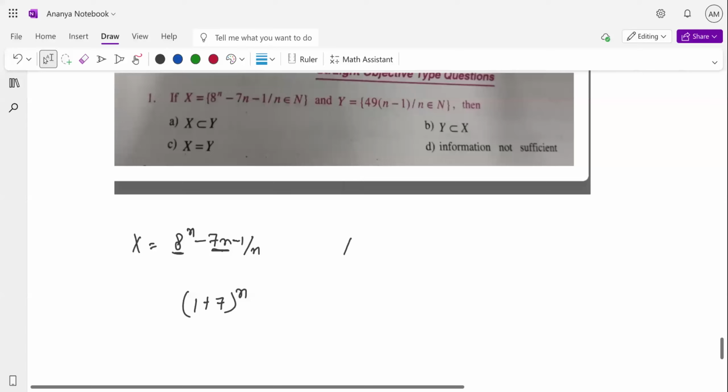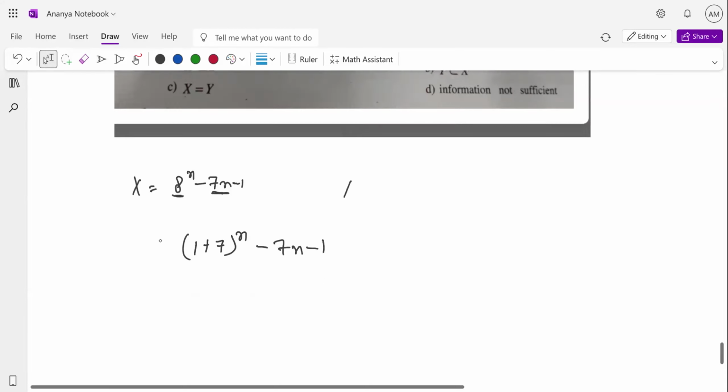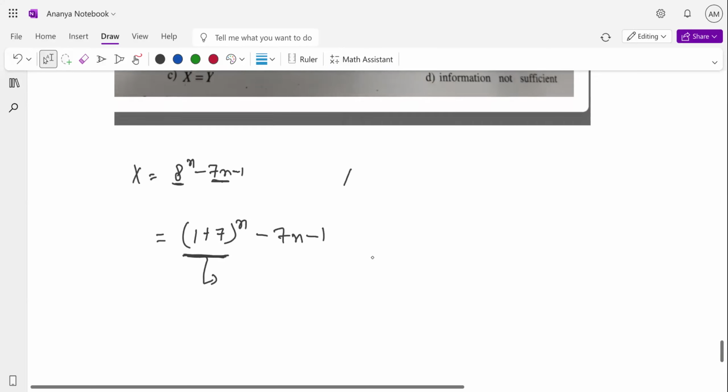Just a second. Okay, base. I think this is not here. It is only till 7 minus 1. Okay, after that, it is just saying that, okay, this is the thing. Your n belongs to where? Okay, yes, that's all. It is still here only. Minus 7 n minus 1. Okay, now the expansion, my binomial expansion of this comes out as, look, I'll just give you a